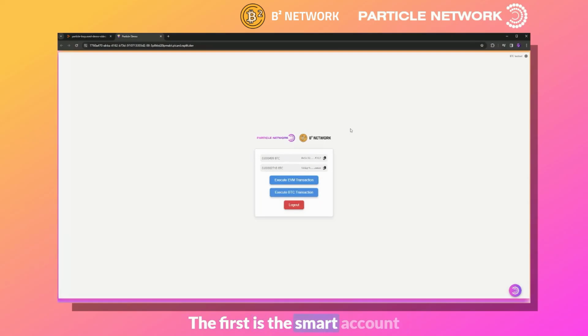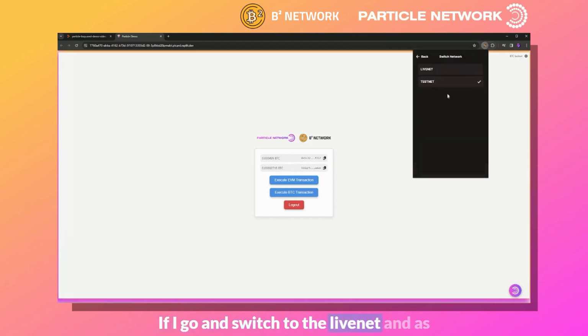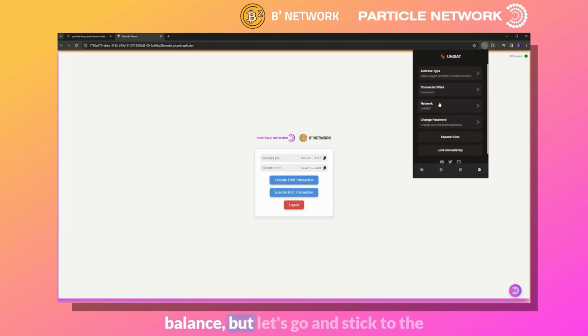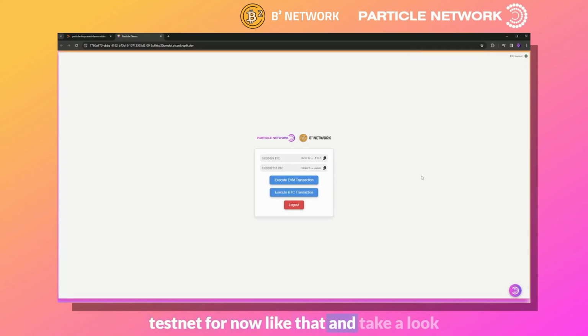2 accounts. The first is the smart account directly tied to my Bitcoin wallet, and of course is the native Bitcoin account also tied to my wallet. And we can see the balances here for both. And of course we can copy each address like this and use them later. Also, as you can see here in the top corner, I'm on the BTC testnet. If I go and switch to the live net, as you can see that switches, as does my balance. But let's go and stick to the testnet for now, like that, and take a look at the embedded wallet